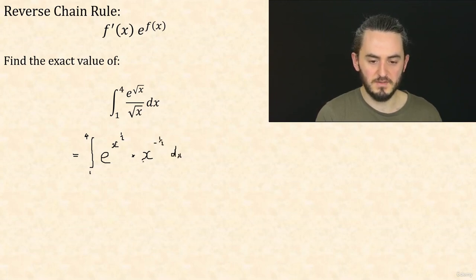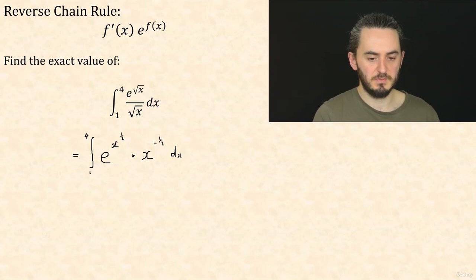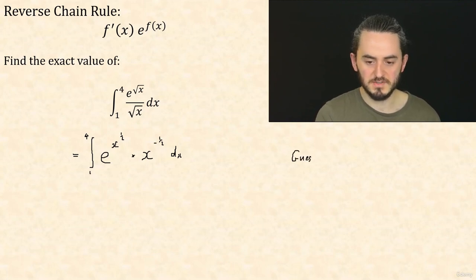And now that I've got it like that, this does look like the right form. I've got e to the power of a function, and I've sort of got the derivative of the function. The derivative of x to the half is half x to the minus half. So that's fine. As long as we're within a multiple, we're fine. So I'm going to guess that the answer is simply e to the power of x to the half. And I'll check it to make sure my